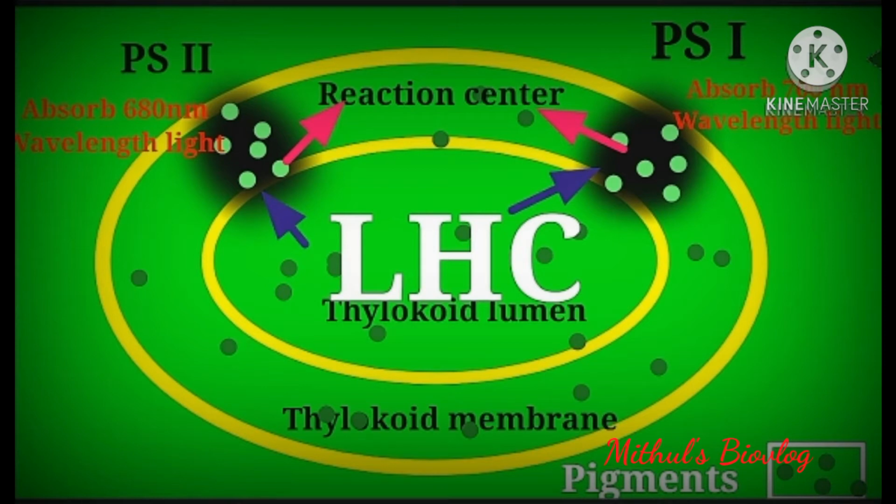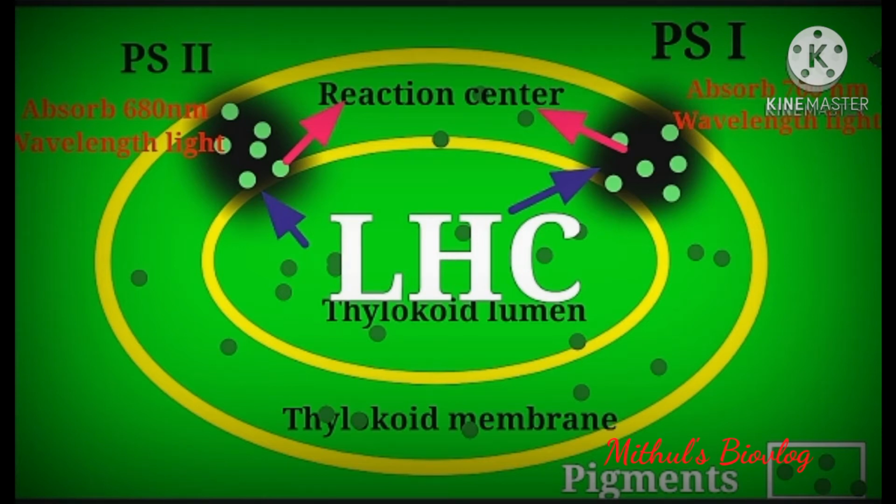Why is it called LHC? From the word itself you will understand the meaning. It's light harvesting complex because these pigments in the thylakoid trap the sunlight and carry out the light reaction in photosynthesis. That is why it is called so. Now, in this light harvesting complex, there are certain pigments which have the ability to trap sunlight with a wavelength of 700 nanometer. Such groups of pigments are specially called a system, photosystem